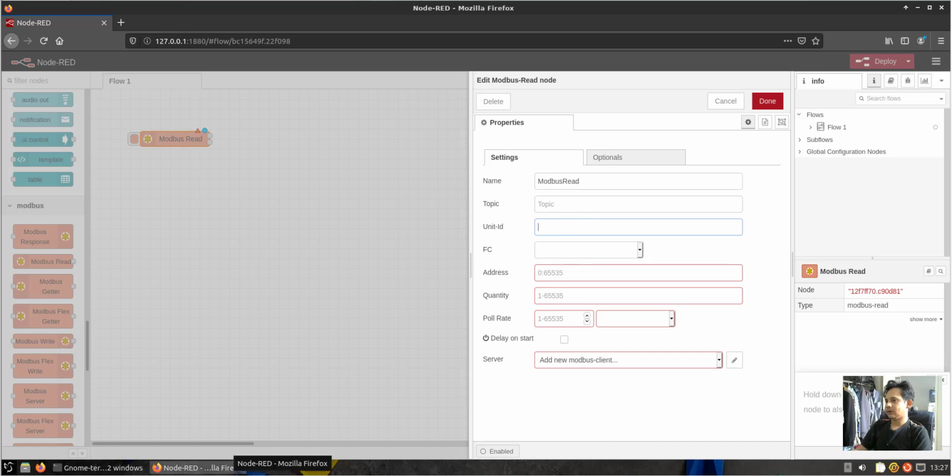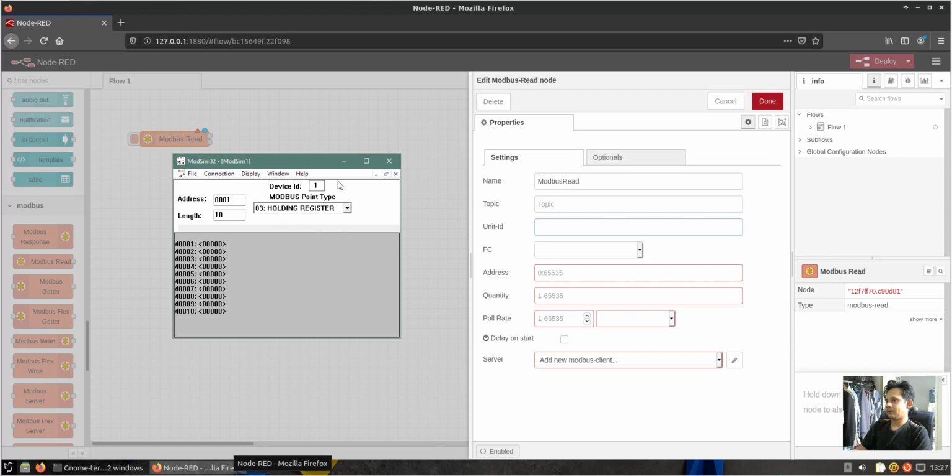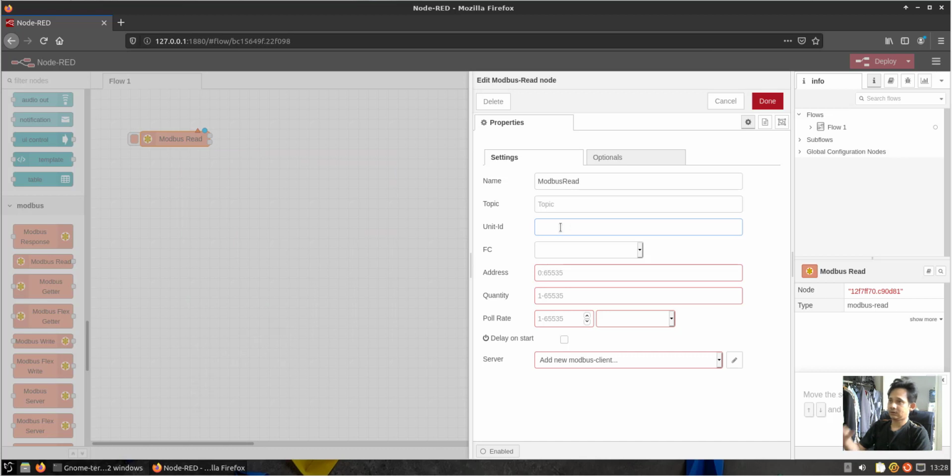You can find it from here, device ID, or you have other tools. Make sure the slave ID is the same as what we define in Node-RED. I choose one only, and then the function code, I'm gonna choose read holding registers, and the address,